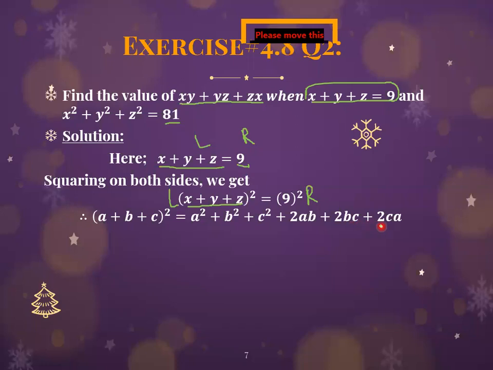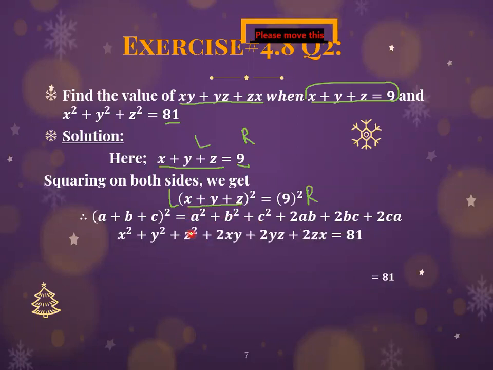But what is the difference here? The difference of variables. In the formula you have abc, and in the question you have x y z. So is it difficult? No. You know, this x is a, this y is b, and this z is c. So simple. Instead of writing a square plus b square plus c square, you will write x square plus y square. You will write it in this way.